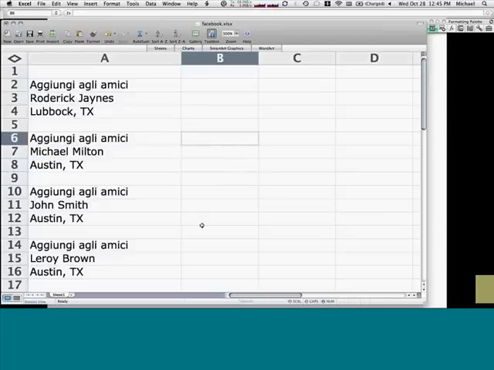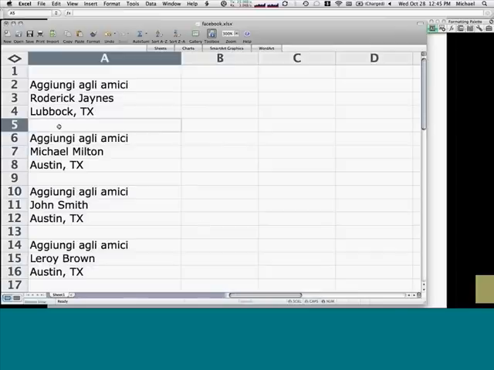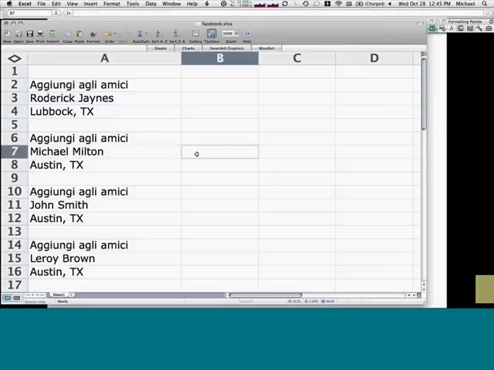So one of the things I noticed is that this cell is blank and this cell is blank. And so for each name, the pattern is blank cell, name, blank cell. Blank cell, name, blank cell. And so we could write a formula right here that says this here is a name if 2 cells above it and 2 cells below it are blank.